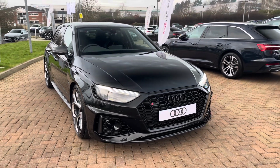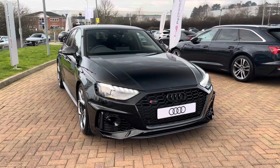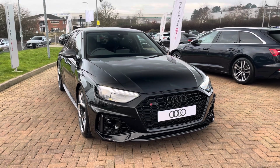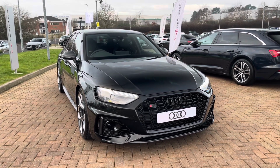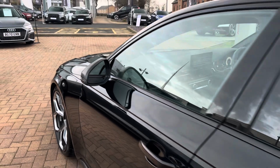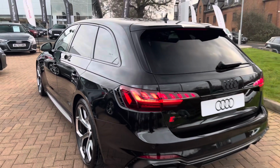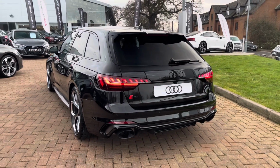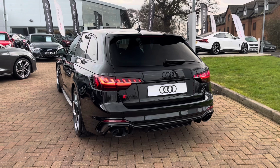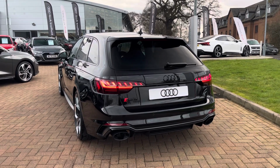Avant 25 years edition. Now this particular example is finished in the optional Mythos black metallic paintwork, which just really gives this vehicle that menacing road appearance. This is the 25 years edition, so it does commemorate 25 years of the RS4, with the production now coming towards an end. This particular example does also feature some quirks such as the upgraded alloy wheels for this model, as well as the upgraded carbon ceramic brakes, the carbon kit on the exterior and the bucket seats on the